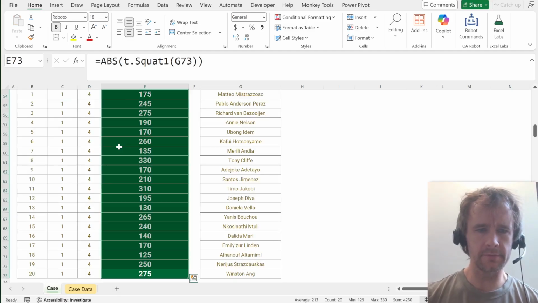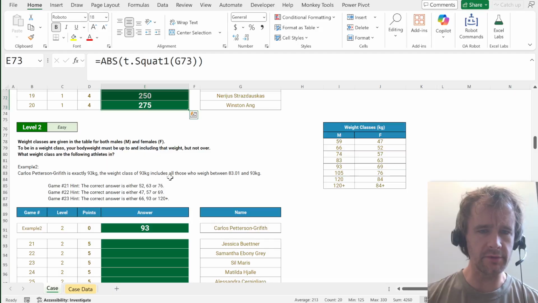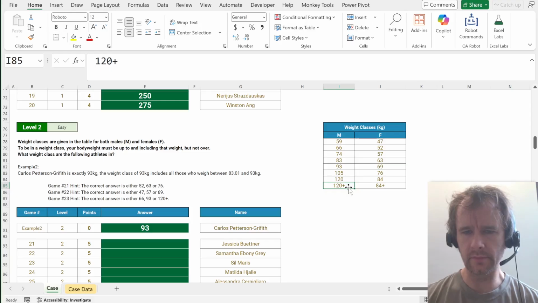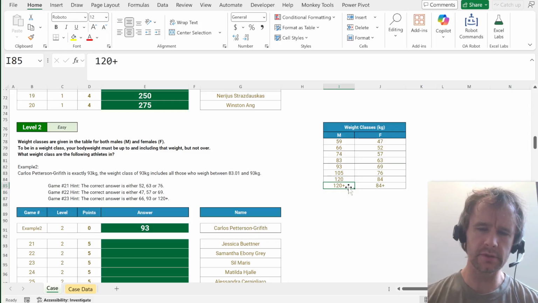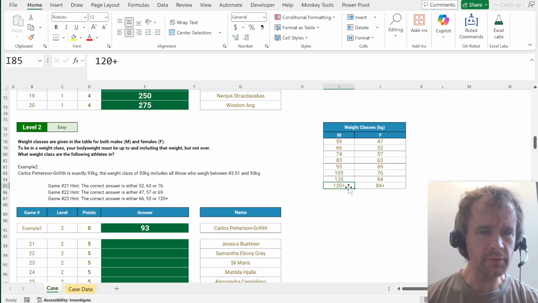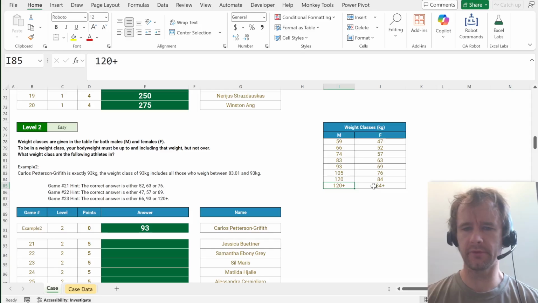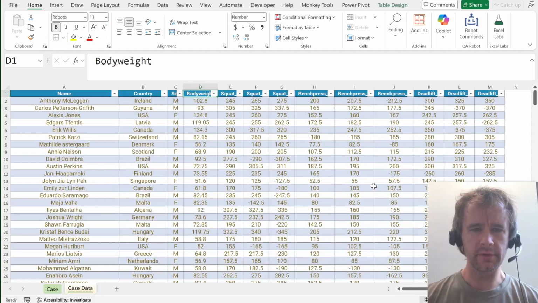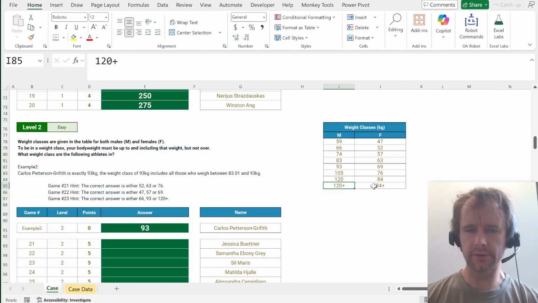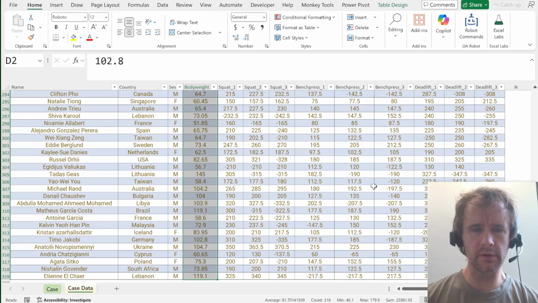Okay, good. Next, weight classes are given in the table for both male and female. Okay. 120 plus. Wait, what? If you're in a weight class, body weight. Oh, fine. So then, I don't know. What's the highest body weight is 180. So I'm just going to make these 180 and 180. Okay, so then,